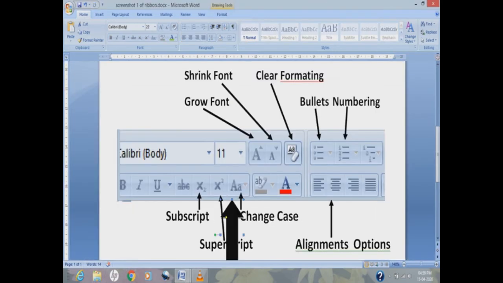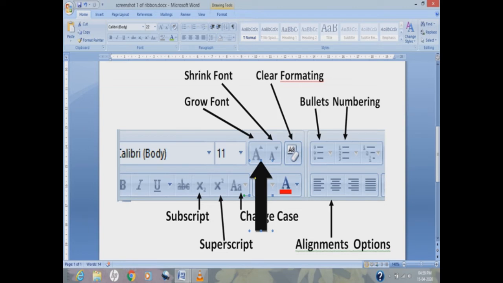Now I'm going to explain the grow font and shrink font options, and there is one more, clear formatting. What grow font does is it simultaneously increase the size of the selected text.